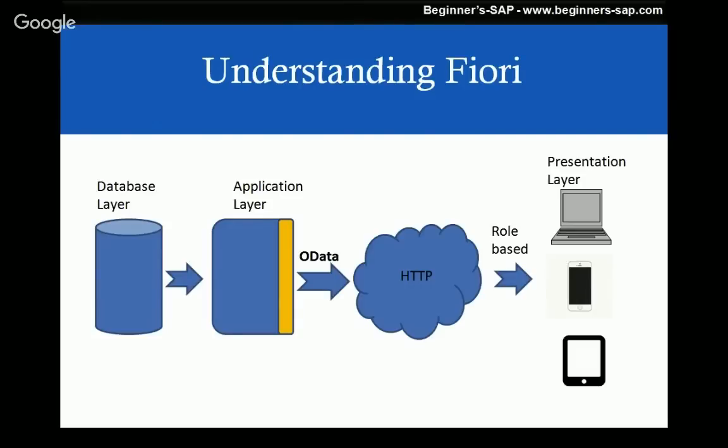The problem with that transaction is it's a very huge transaction. There are so many fields on that transaction, because that is the same transaction which is used by everybody. The traveler uses that transaction, the travel administrator uses that transaction, the manager uses that transaction to approve that travel request. So the same transaction is used by everybody. That's why SAP has built that screen very big, in SAP system.